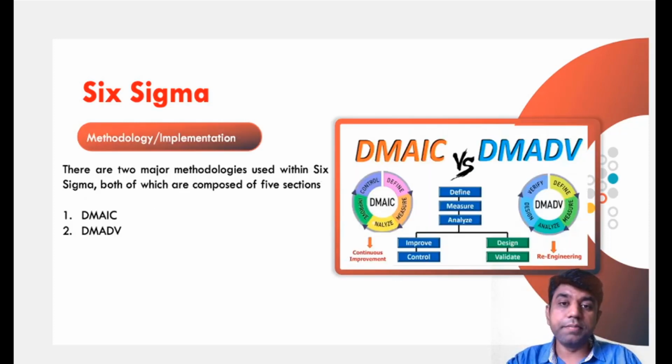Now, how to implement that 6 sigma philosophy? In order to implement 6 sigma, we need to adopt these two processes. The first one is DMAIC, that is define, measure, analyze, improve, control. About that we have already understood in our earlier lectures. And the second philosophy we need to adopt is DMADV, which means define, measure, analyze, design and verify,